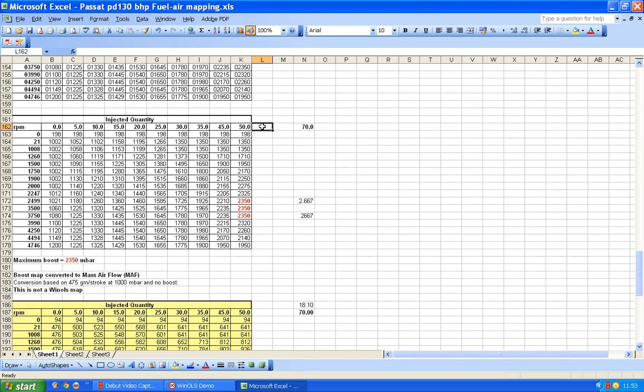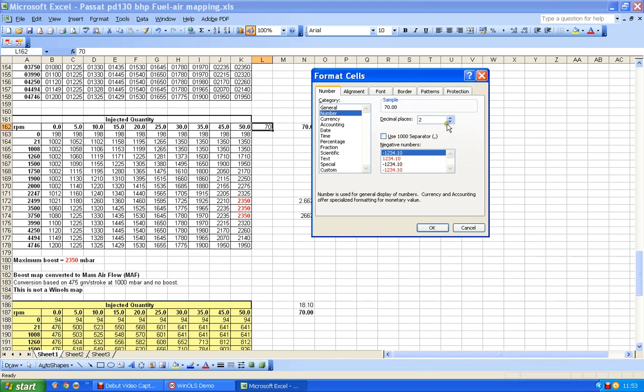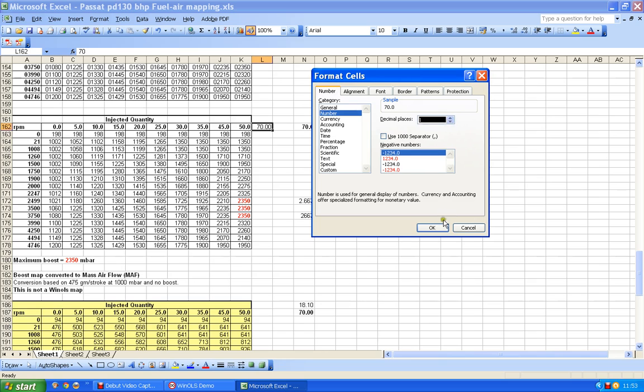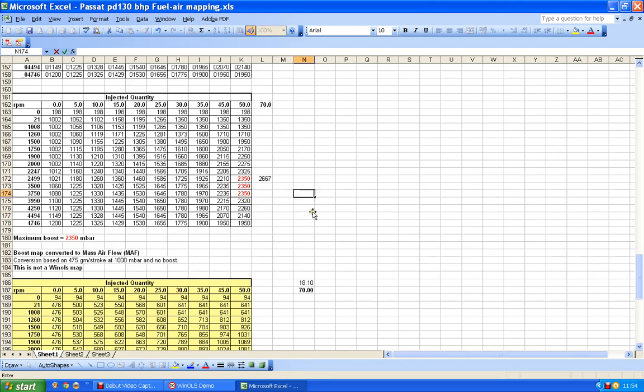So we want a column which has got a value of 70 in it. It would be nice if these all worked straight away, wouldn't it? But it's not going to. Oh, I don't want to either, do I? Just settle for that for now. I'll make it bold. So we want a column with that 70 in it. So let's get rid of that. And we want it here to read 2667 or thereabouts. So I'll just get rid of these things that are cluttering up the place, and I'll go